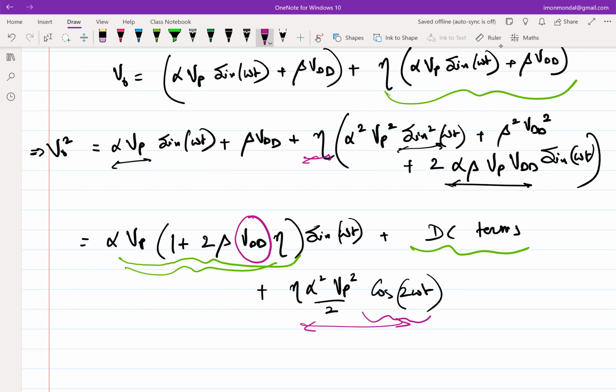Okay, but note that you cannot get away from the fact that there will be a 2 omega component. And note that here again, I have only assumed that you have a second order nonlinearity. This is just one of those toy systems that I use to make the point. It's not necessarily that your circuit will have only second order nonlinearity. It can have third, fourth, fifth, nth order nonlinearity also. So these extra nonlinear terms create distortion of your signal. And note that